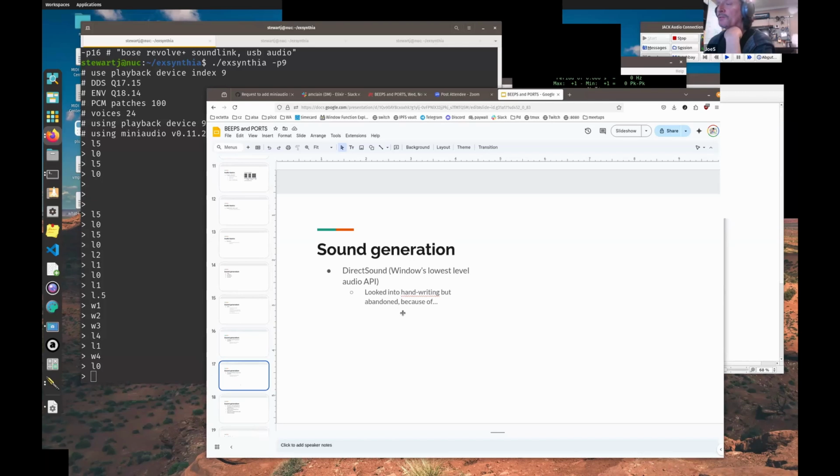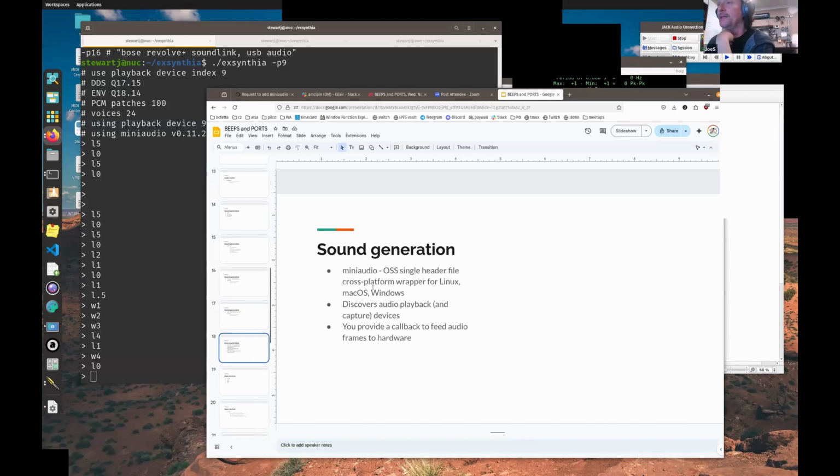It's also kind of the lowest. It's not absolutely the lowest level, but it's the lowest level that you want to handle for most application writing. And I definitely didn't want to handwrite something there because of this neat project called Mini Audio. Mini Audio is a single header file for C programs that will essentially let you enumerate all of the audio playback devices on your system or all your audio capture devices, and gives you a simple way